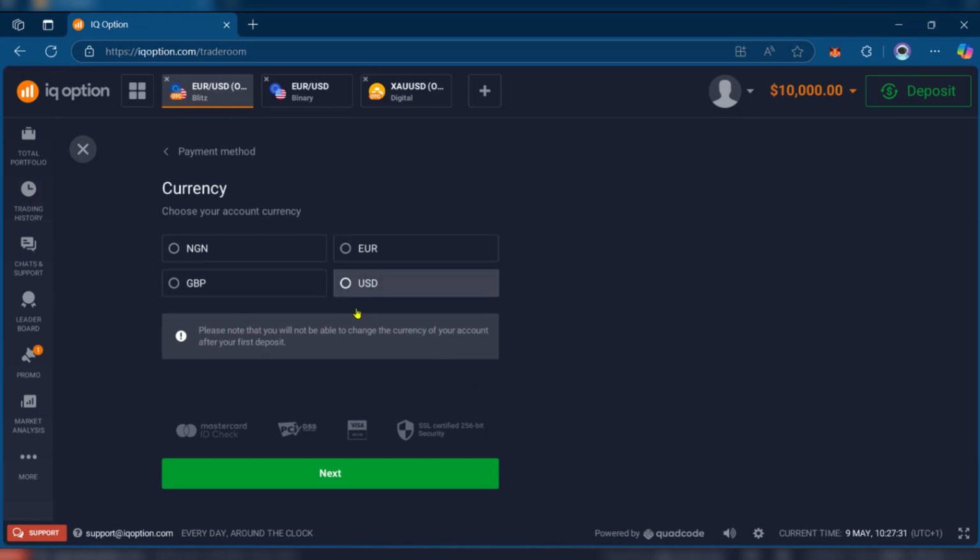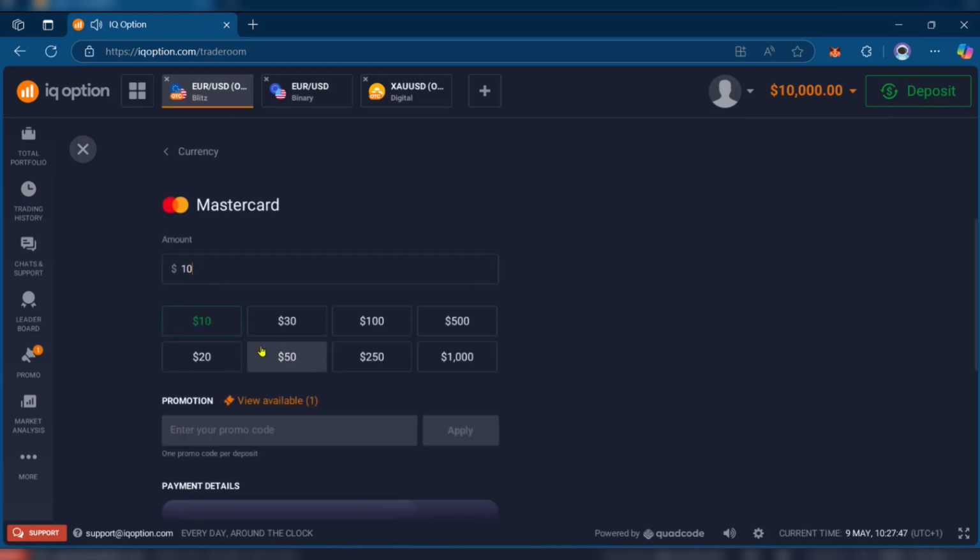Do take note that whatever currency you choose and deposit for your first currency, that will be the currency you'll be using continuously on your IQ Option account. So you want to take note of that. So we will be choosing USD. Click on next. And then you'll need to put in the amount, either by writing it right here or choosing